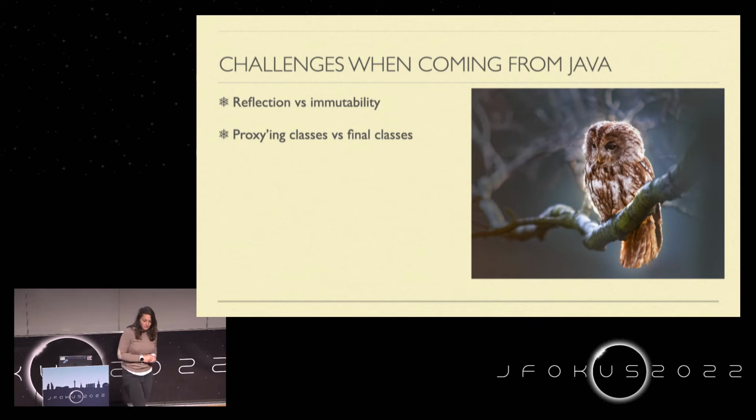If you remain in the Java ecosystem, you will also see, or maybe you already know it, that Java frameworks and libraries proxy classes a lot. That clashes with the fact that Kotlin wants its classes to be final by default. It's okay, you can make them non-final, that's still alright, but it's not really how the language was designed.